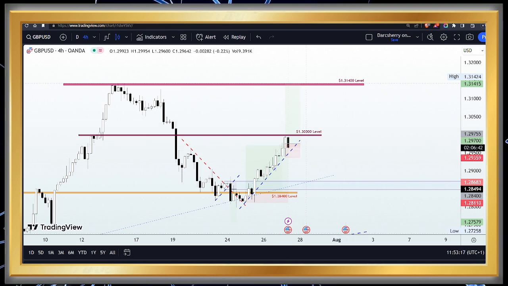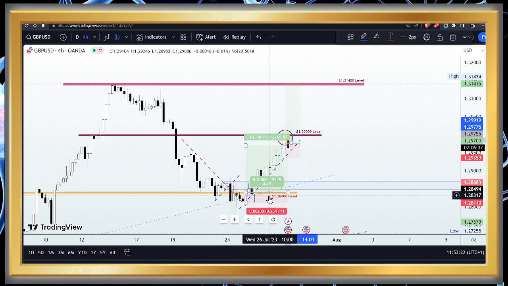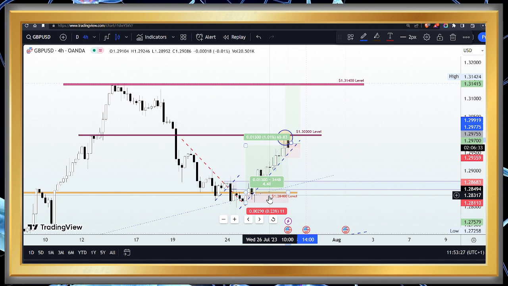Now look at what has happened here in the last 3 to 4 hours. We have seen price action come into that level. In fact, we have seen selling pressure resume around that area. We are really at a critical point in the market.